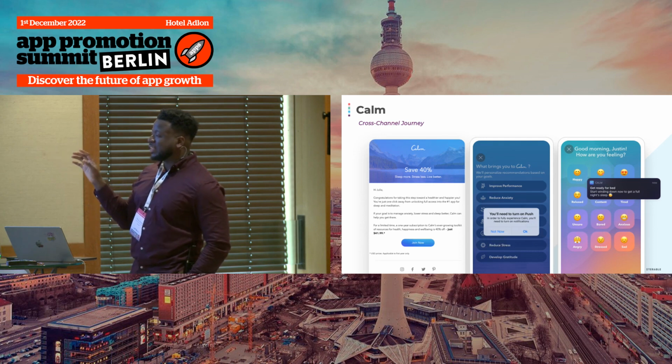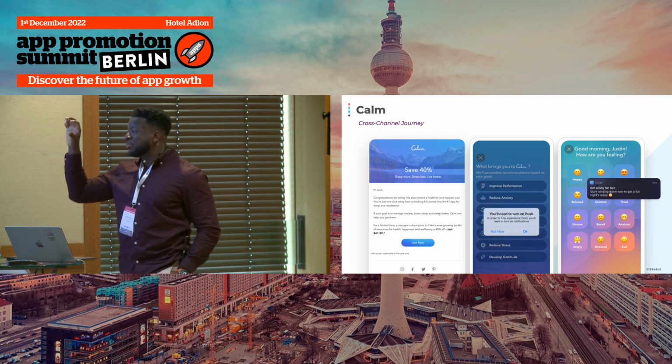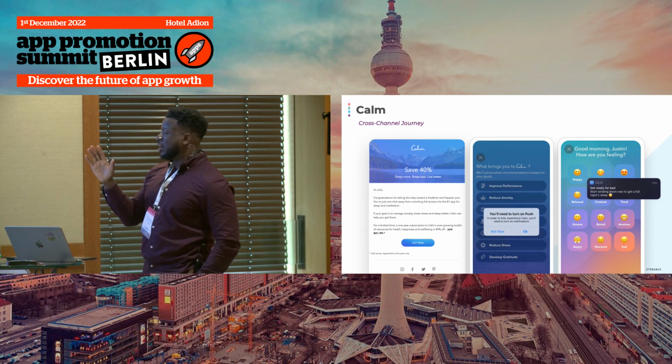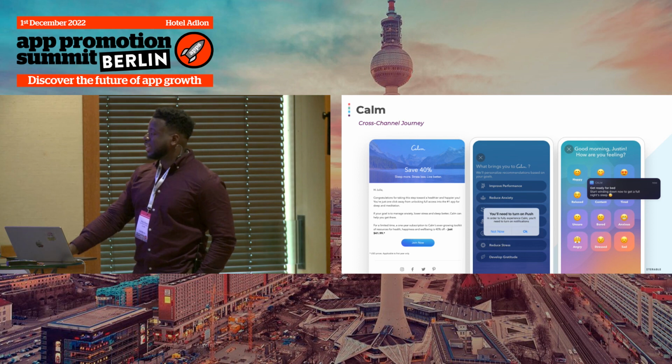This slide is just to reinforce and show the fact that it was a cross-channel campaign. I know I only had email in that previous example, but these are some of the different channels in which they engage with their customers. So an email on the left, that nudge, I've forgotten what it's called, where they ask for your permission to actually enable push, and then what a push notification could look like.